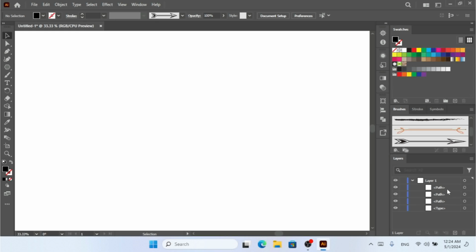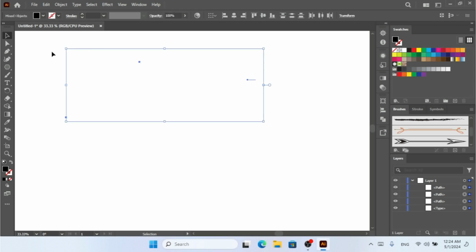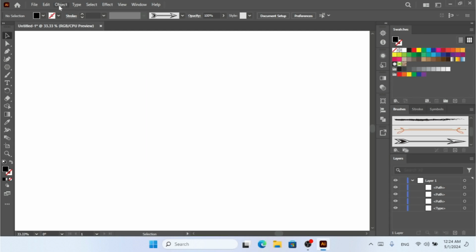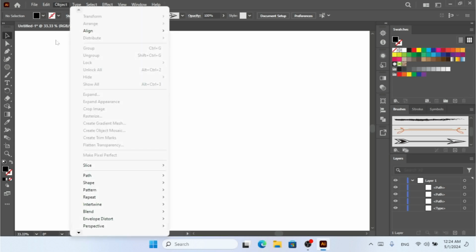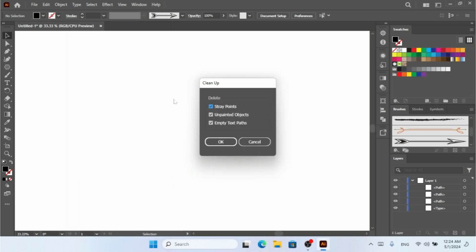You can see all the paths. So the best option here, if you want to delete all the useless paths and type which do not appear on your artboard, is that you can go to the object without selecting all the paths, all the type. So you can go to the path and click on the cleanup, and here we have